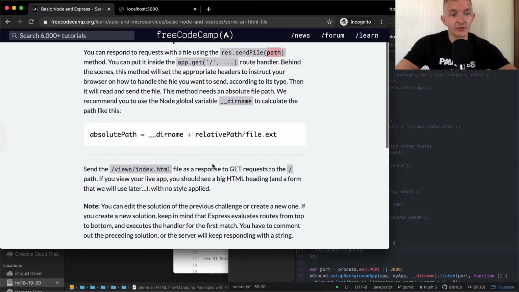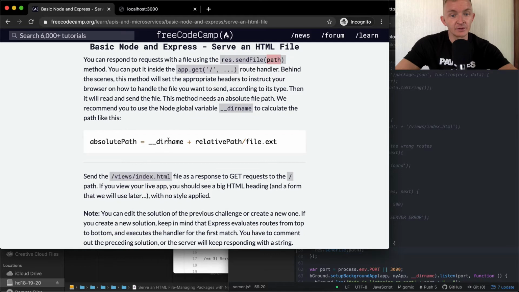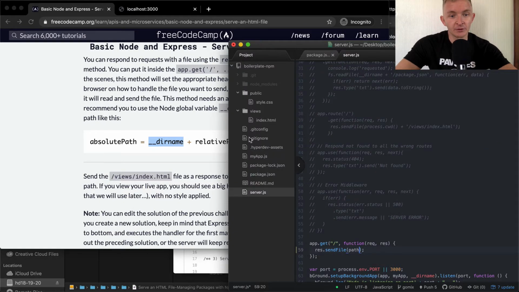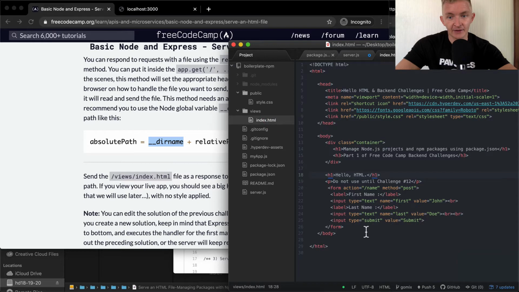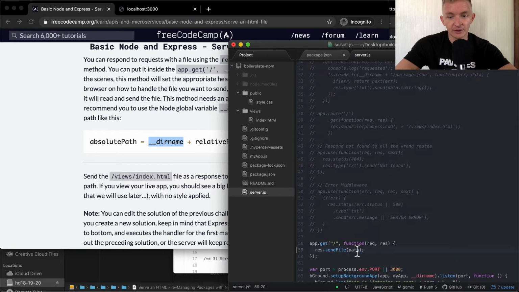Okay, but the thing is, we want our path to have the __dirname, and then what we're going to do, dirname meaning directory name. What we want to do is have the views to the index file. So here's our index file, and it has the form and that other stuff that we have set up previously. So here we want to change it. The path, we can't just say path. It needs to be, first off, the overall __dirname, which is a global object, which means it basically says